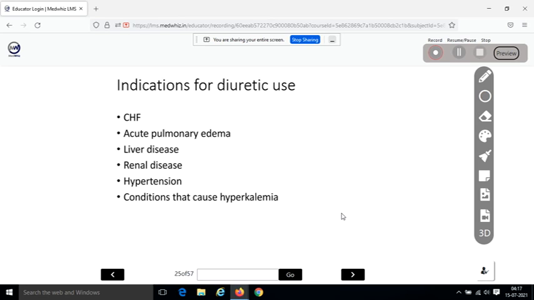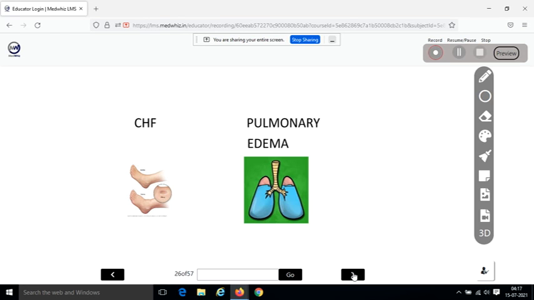So, in order to reduce this edema in congestive heart failure, diuretics cause diuresis and excretion of excess fluid. They are also used in acute pulmonary edema to relieve congestion in the lungs, liver disease, nephrotic syndrome, and hypertension, where the reduction in sodium reduces blood pressure, and in conditions that cause hyperkalemia. You can see edema in congestive heart failure, pulmonary edema,